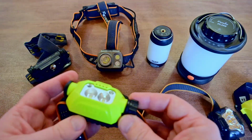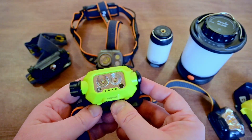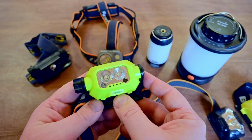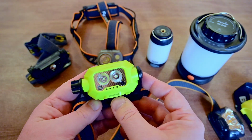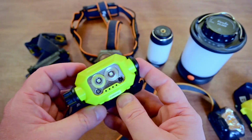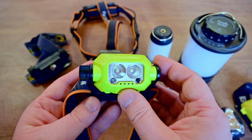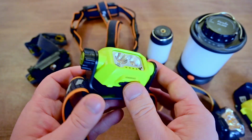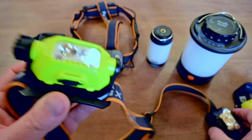Anyway, so this is the Fenix B8. Wait, that's a serial number. I don't remember what the model number is on this, but you can look at it on their website. It's the only one with a dial on the side. It's about 60 bucks. It is worth it, but we probably won't buy as many of these as we will